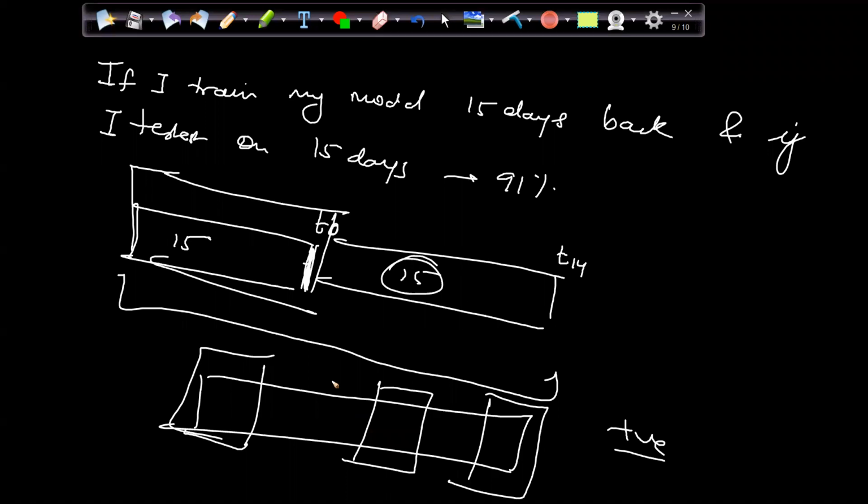So basically, whenever time is available and my data is changing over the period of time, then time-based splitting is the best option over random splitting, right?